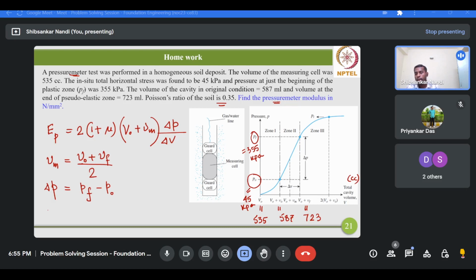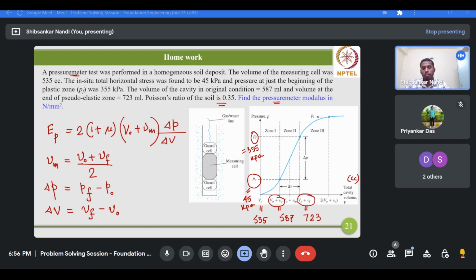Coming to delta V, this is small vf minus small v0, and you can easily calculate these because capital V0 plus small v0 is given as 587. If you subtract the capital V0 from this, you will get the small v0. Similarly, if you subtract the capital V0 from this part, you will get the small vf. So if you know small v0 and small vf, you can easily determine delta V, that is the change in volume